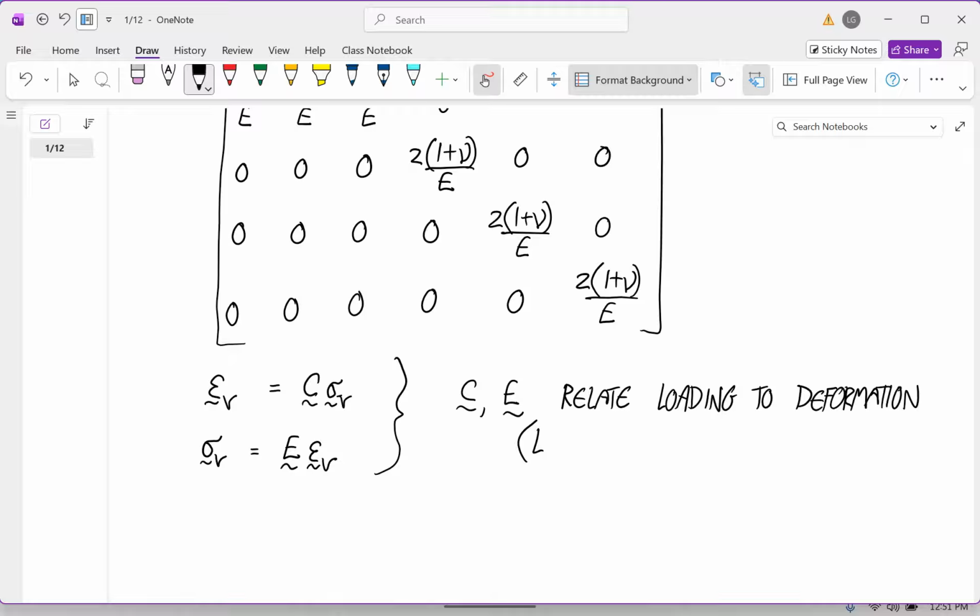And so you can think of it as kind of like the spring constant K from physics. The values in the compliance matrix are bigger if the thing is easy to stretch. And stiffness values are bigger if the thing is hard to stretch and compress. So since we're talking about engineering